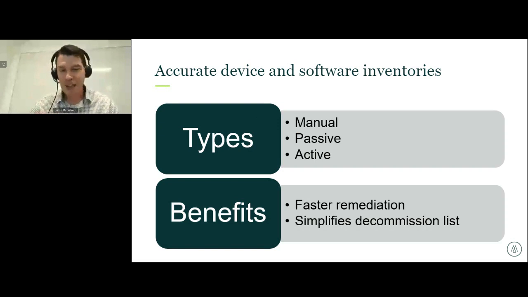All right, so the next section is around inventories, right? And this is actually a very critical part of your security program. Having an accurate device and software inventory is very important because you can't protect what you don't know that you have, right? So you may hear the term shadow IT, and that can be challenging because what essentially it means is when a department or a group within the company